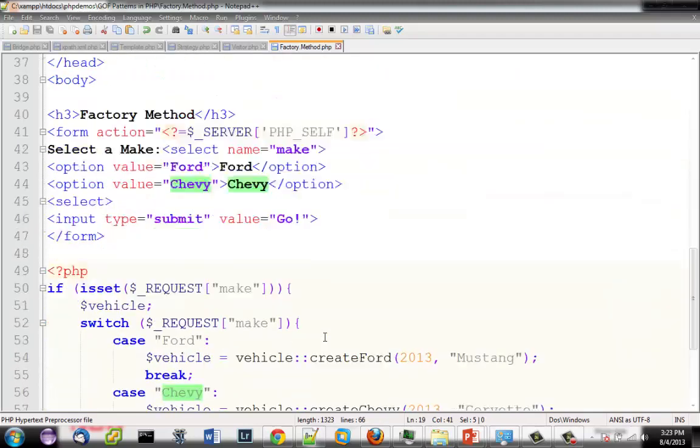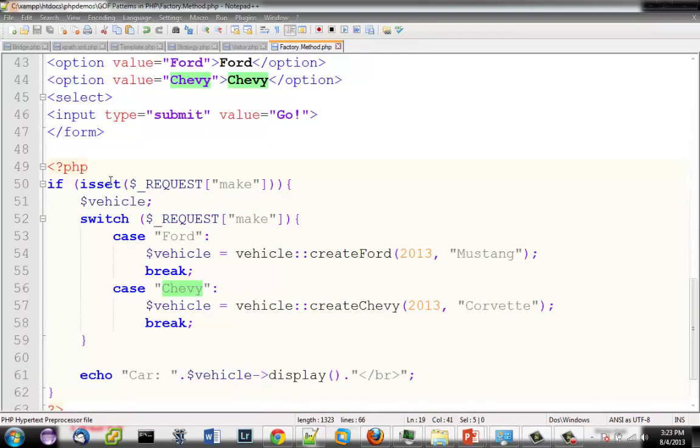So these are the actual factory methods here, and you can see I've got a utility function for display, and down here's where I'm actually using this. I'm looking to see if the user actually selected a make from a menu, and then from there I'm going to case forward, call that class :: and then call that static factory method, and then get back from that a vehicle object, and then I'm displaying the vehicle down here. So that's a fairly trivial example of a factory method.